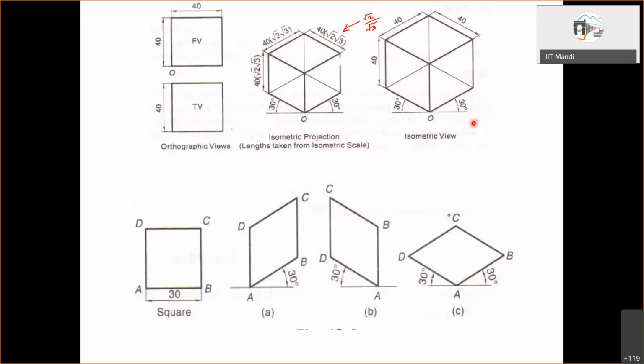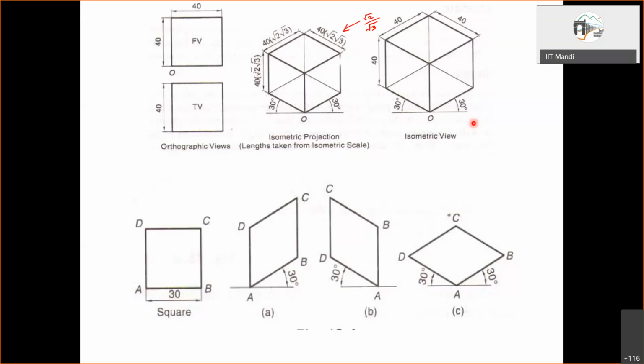Okay, so that is the difference between isometric projections and isometric views, and largely we may continue to draw the isometric views. However, when we draw the isometric views, then in some special cases, a few problems arise. Those we'll discuss later on, right? If we draw the isometric projections, that is with the reduced length, then those problems don't arise. But in case of isometric view, some problems arise. We'll discuss later on. Let us move further.